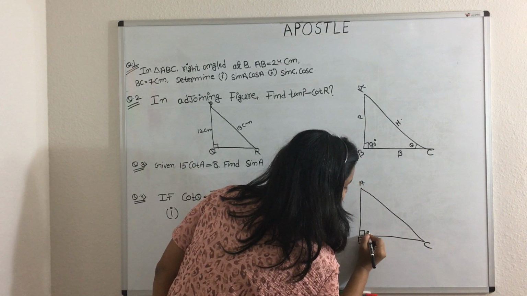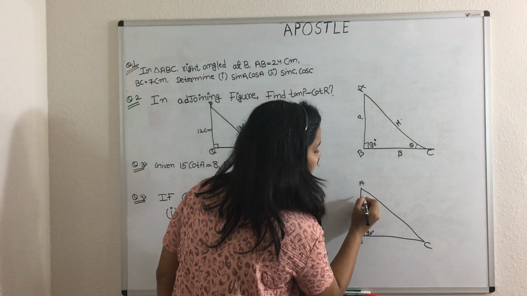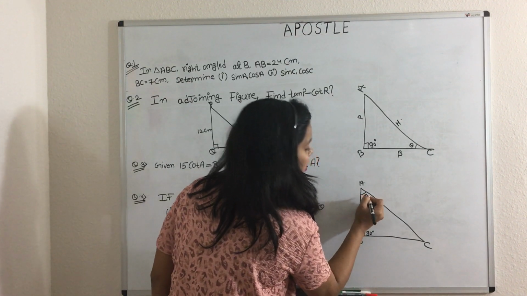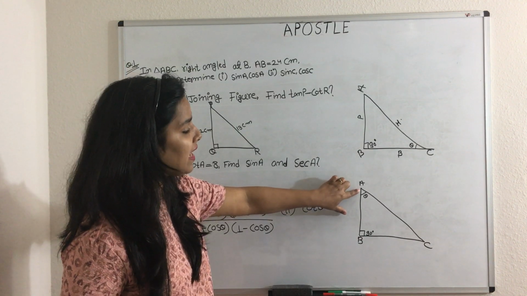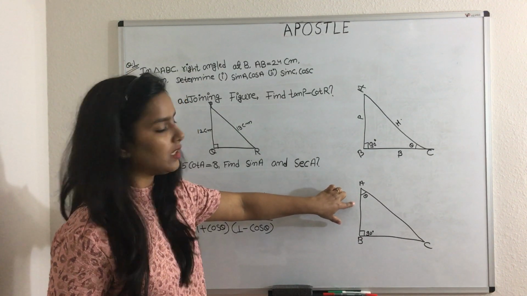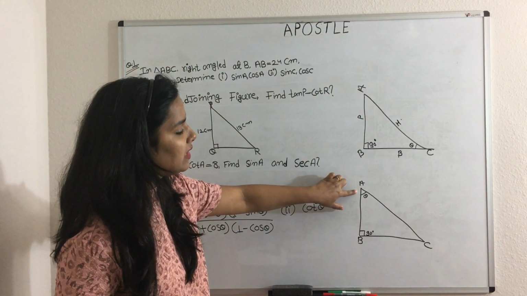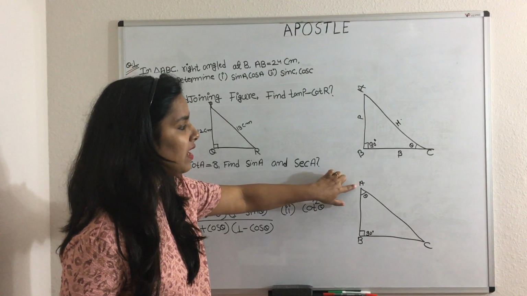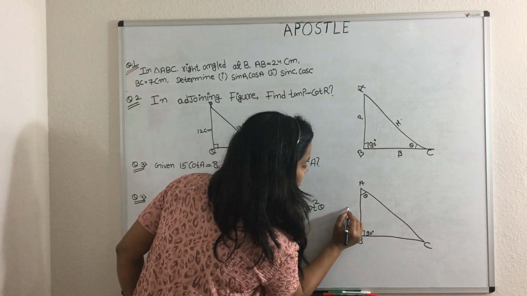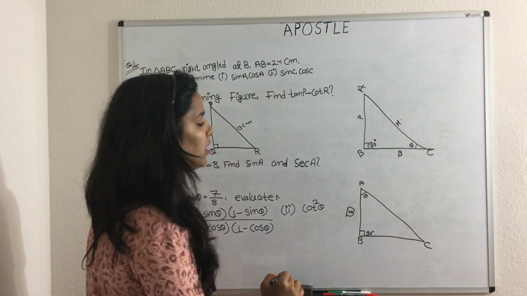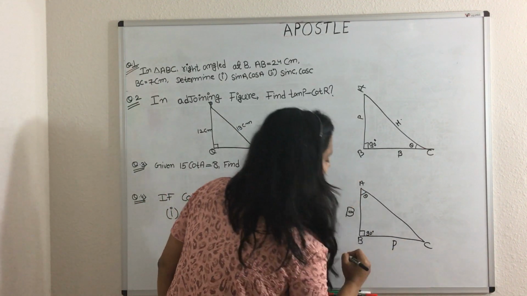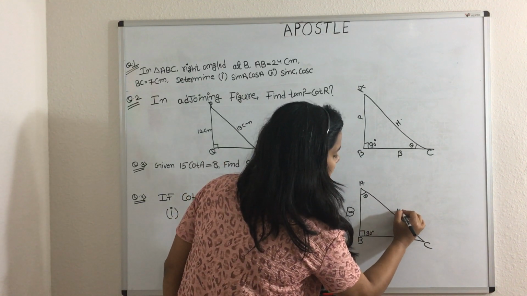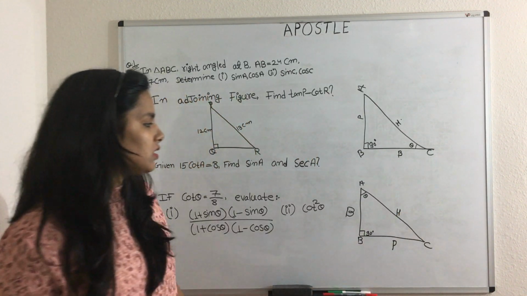In this triangle, angle B is 90 degrees and we are considering our angle theta at the position of A. So students, in this case the base is the side adjacent to the angle theta. Where is the angle theta? It is at the position of A. Then our base is here and the perpendicular is in front of angle theta. So our perpendicular is here and the hypotenuse, as always, is fixed.